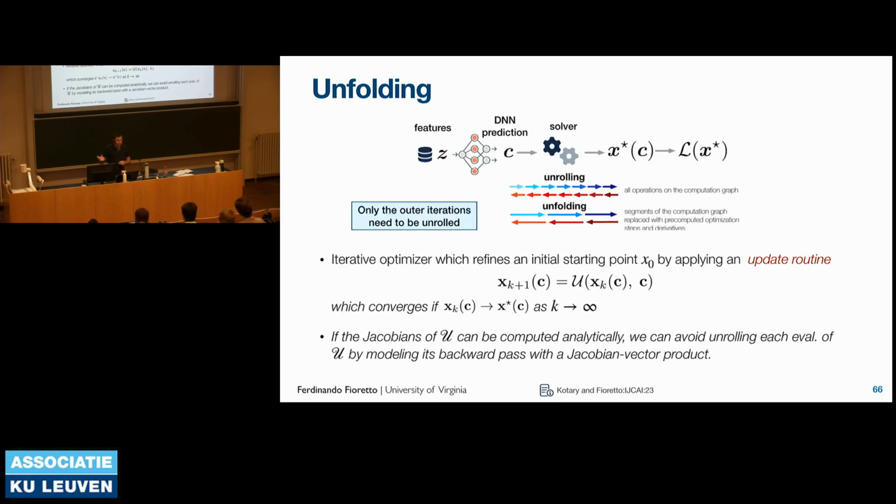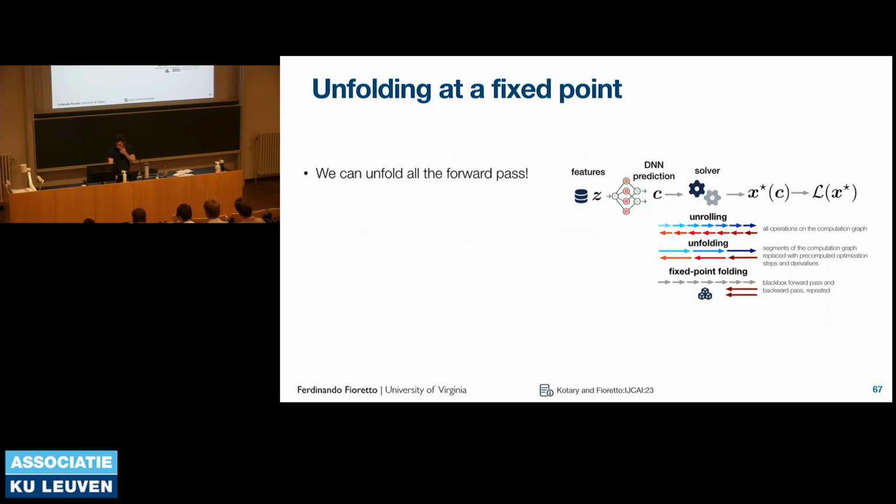All right. So there are two advantages of this technique with respect to classical unrolling. The first is that analytical differentiation of that function u allows you to remove all of those inner iterations, inner loops. And so this reduces the number of unrolled operations, and it gives you more stability in the training. But the second is that the unfolded optimizer can be converted analytically and can be differentiated end-to-end, and we're going to see it next.